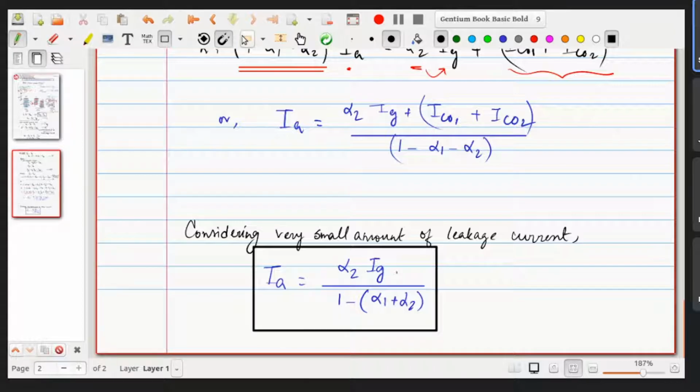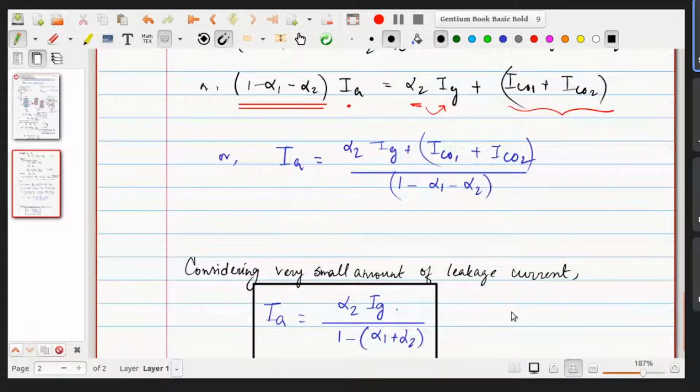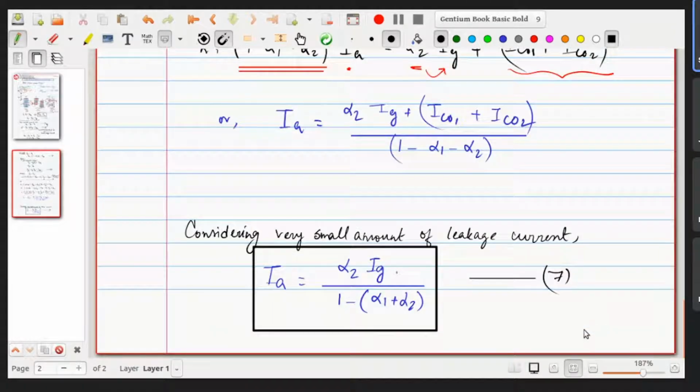So we get it in the form of an equation. This will be our equation number 7. Okay, so now from this particular equation, what we can analyze,